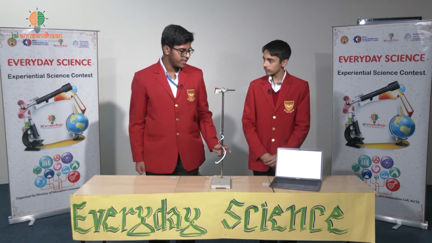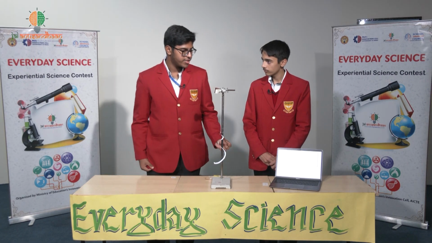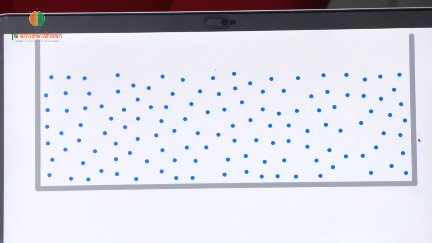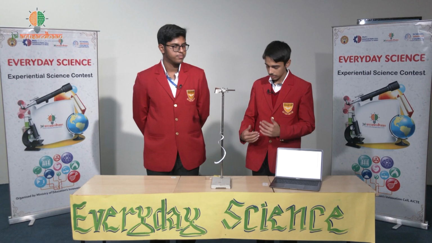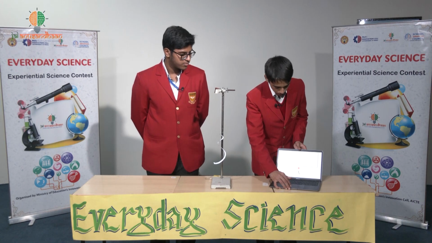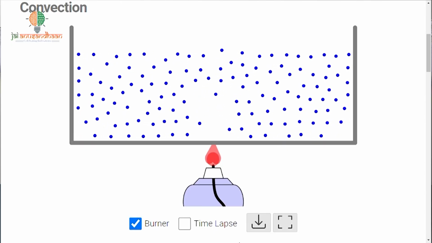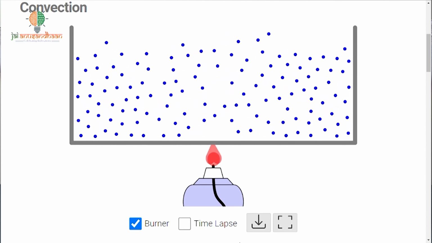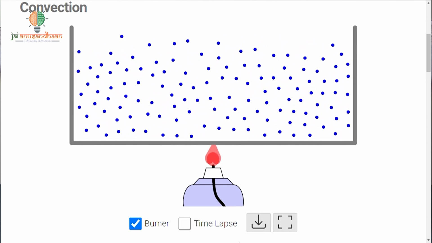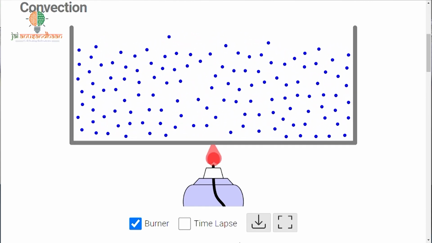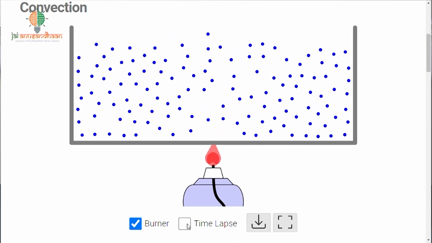So I observe that there's an open container which has a number of molecules placed inside. That is correct. So let's try to replicate our experiment. I have placed a burner at the bottom. As you can see, as we did predict, the warm air is rising upwards and with it the particles are moving up. And as it comes to the top, the particles get cooled down and they come back down the side. And that creates what we call the convection current.